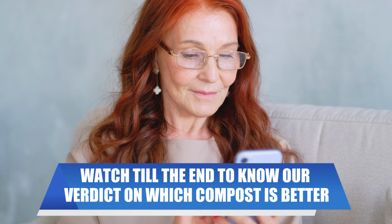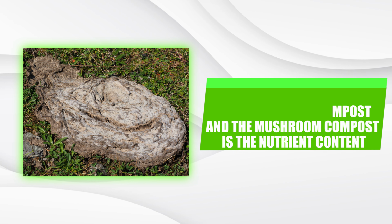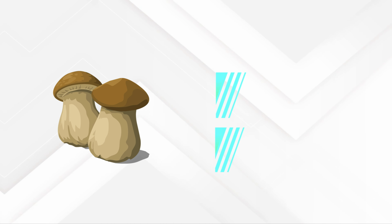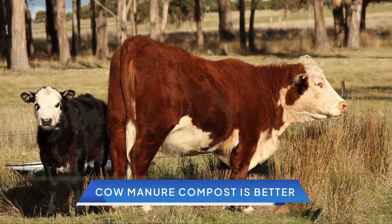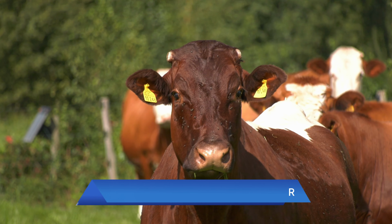Mushroom Compost. Watch till the end to know our verdict on which compost is better. So the main difference between the Cow Manure Compost and the Mushroom Compost is the nutrient content. Cow Manure Compost contains essential nutrients like nitrogen, phosphorus, and potassium, NPK, while Mushroom Compost contains high amounts of organic matter like bacteria and fungi. So, Cow Manure Compost is better because it contains a balanced ratio of NPK that provides essential nutrients for optimal